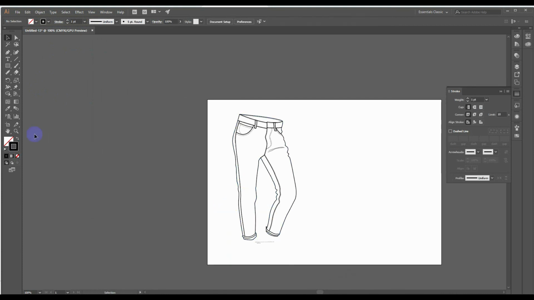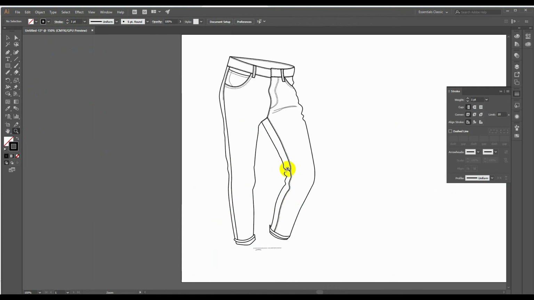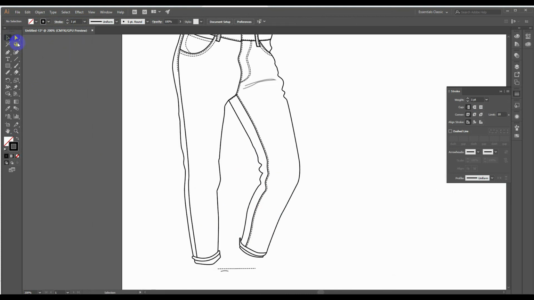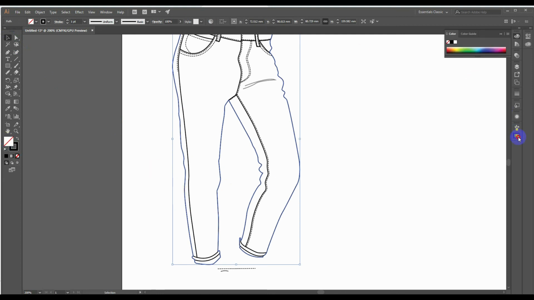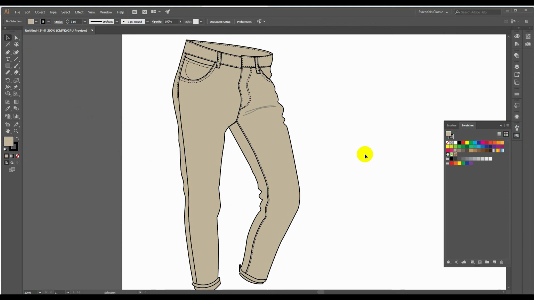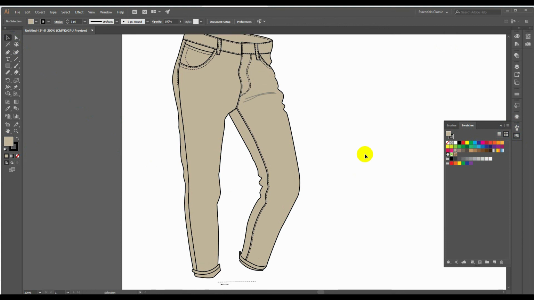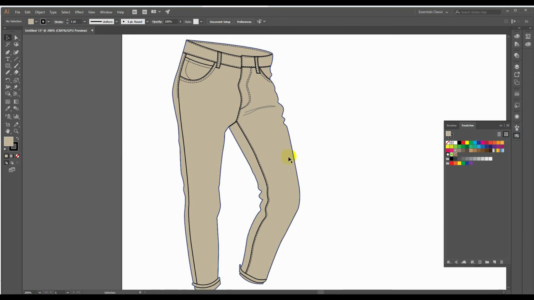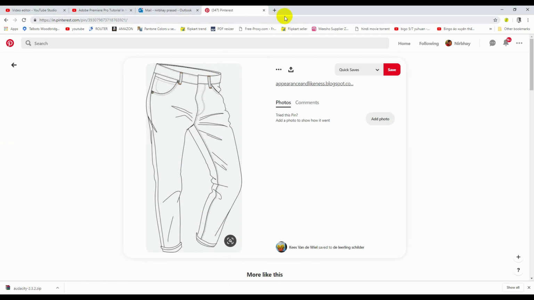If you want to have a fill color on this sketch, take the selection tool, click on the outside image, go to fill or go to swatches, and select any color. So I am just going to select a light brown color. It will get filled. But suppose you want to have a denim fabric texture on this, go to Pinterest or go to Google,